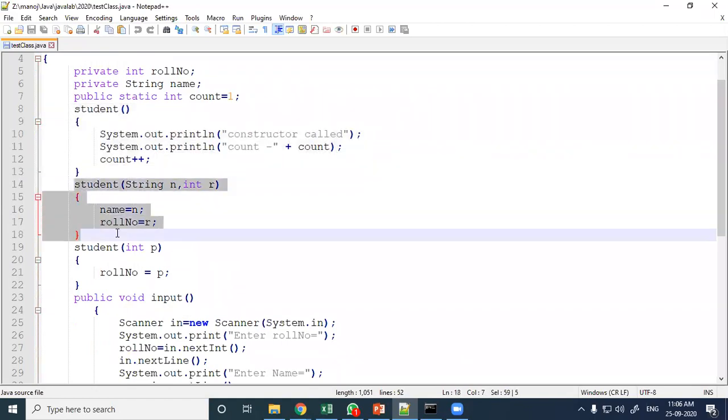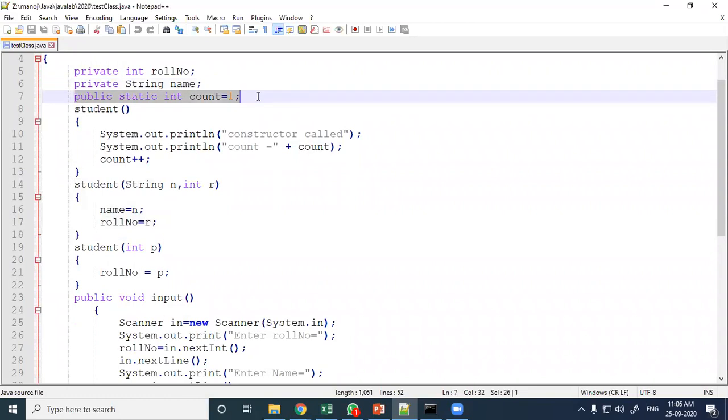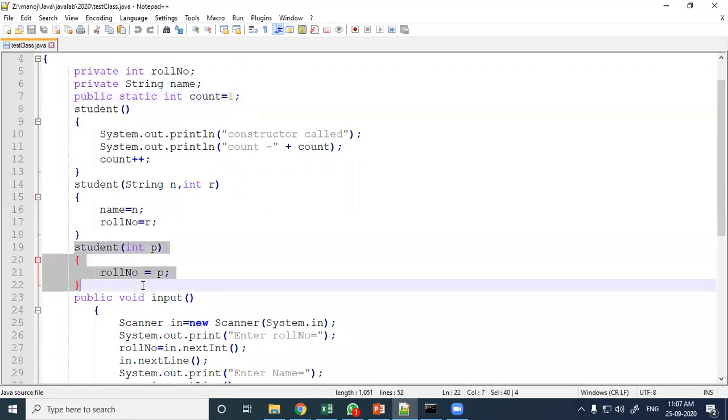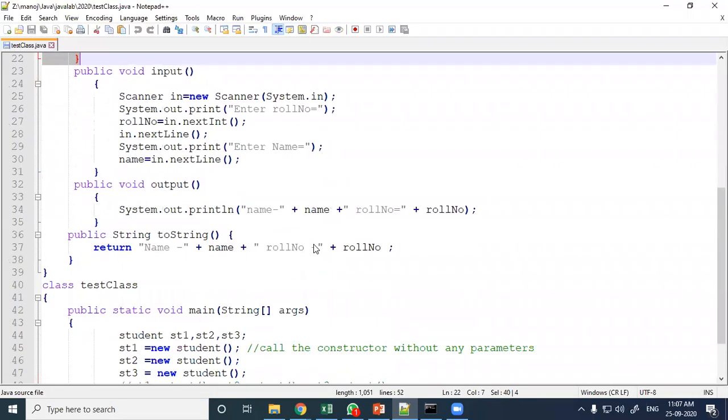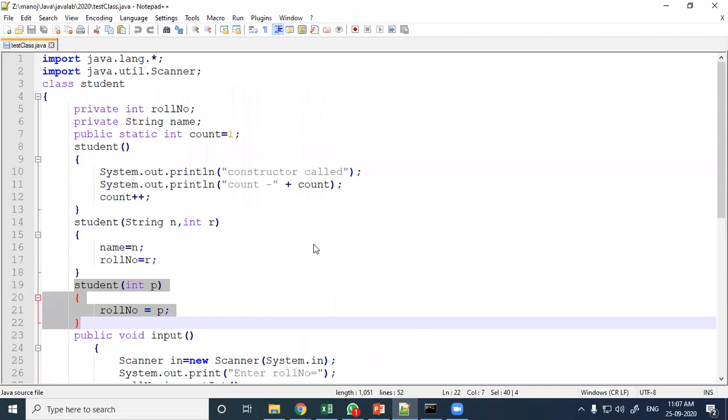In the last class we created one static data member, the count data member. This is another constructor. We will do one thing: we save this file under a new name.